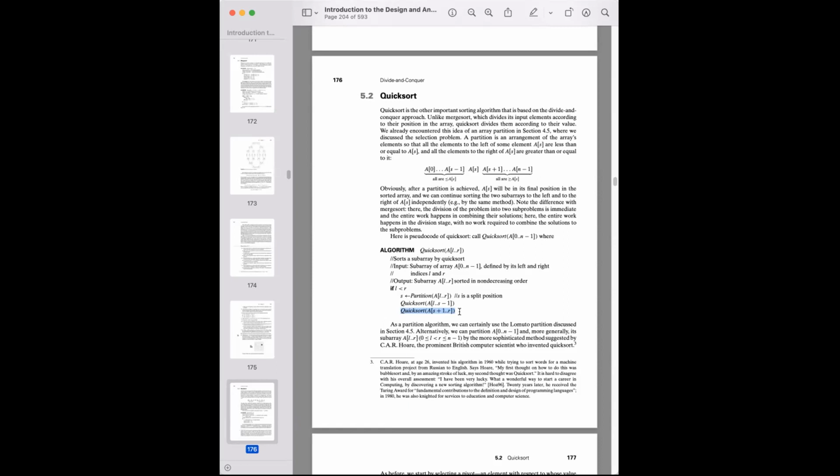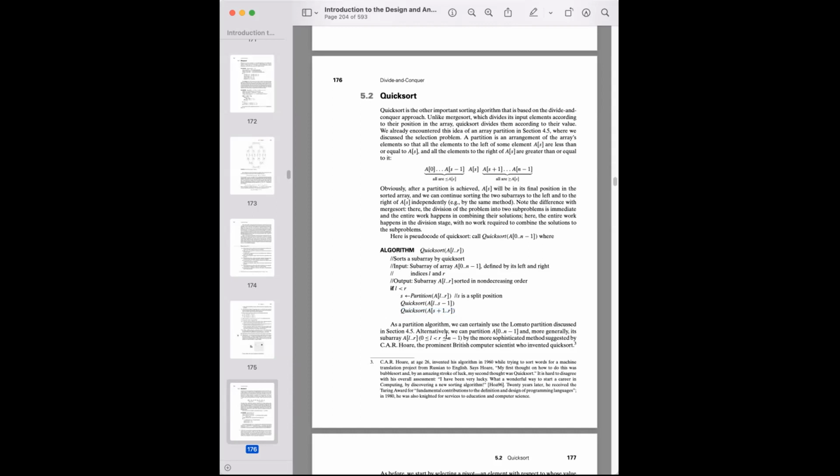So we'll talk about this idea of partitioning, okay? Again, the reason we partition is because it's quicker than doing a full sort, okay? And this is going to take advantage of that. But instead of the Lomuto, which again, as we talked about, only goes from the left, we're going to do